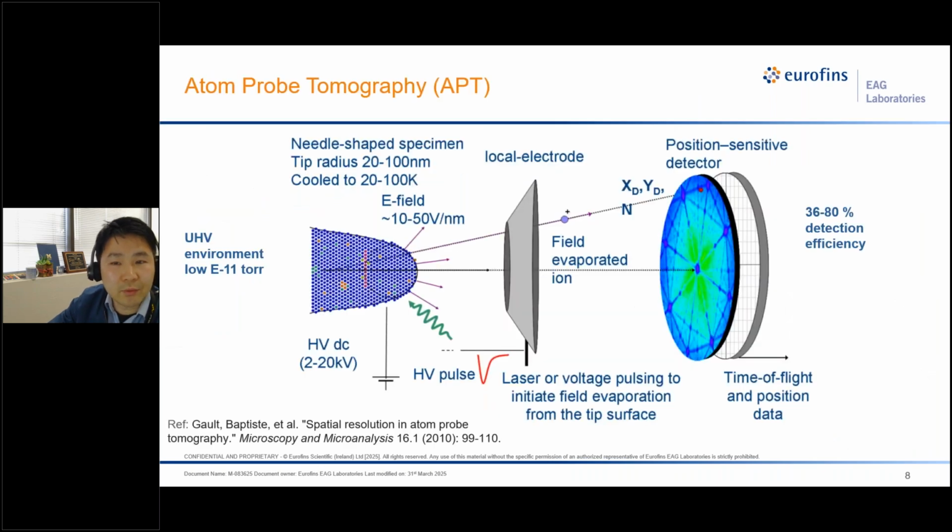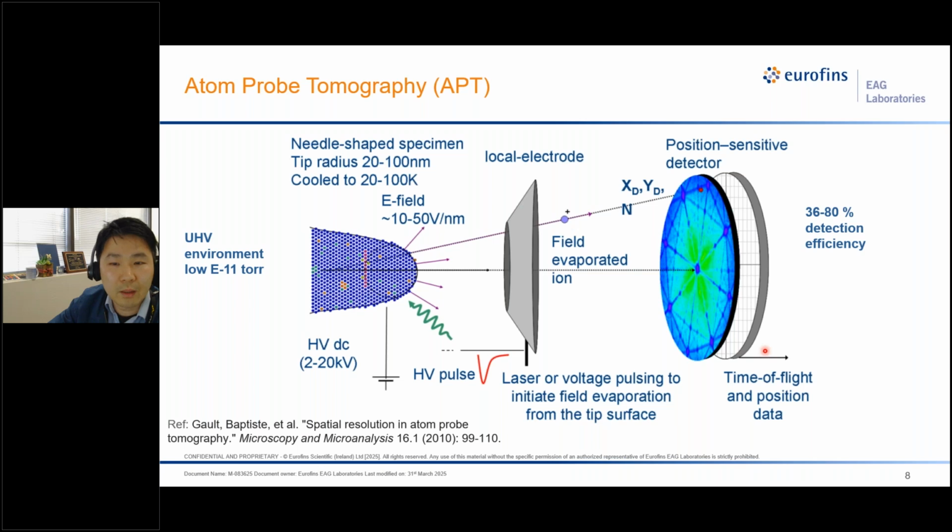So APT stands for Atom Probe Tomography, a point projection microscopy that combines single ion detection and 3D tomography capability. The schematic shown here consists of the main components in an Atom Probe instrument. On the left is the needle-shaped specimen with a very sharp end radius between 20 to 100 nanometers. In the middle is the conical hollow local electrode for field enhancement. And to the right is the position-sensitive detector for ion detection, typically with 36 to 80% detector efficiency